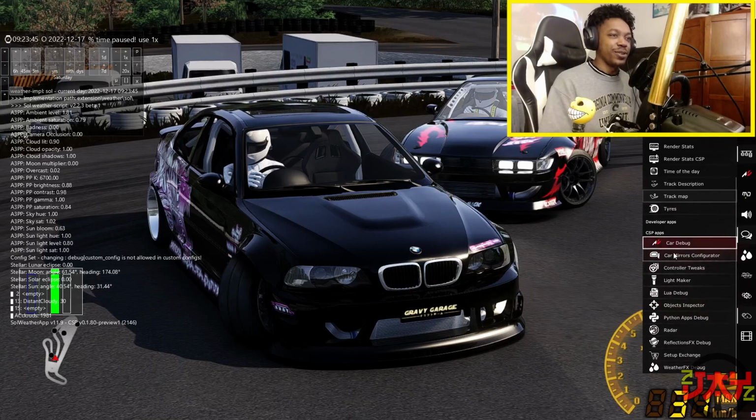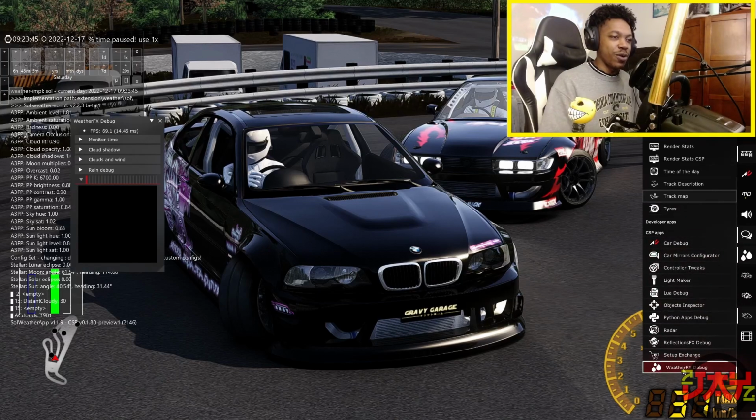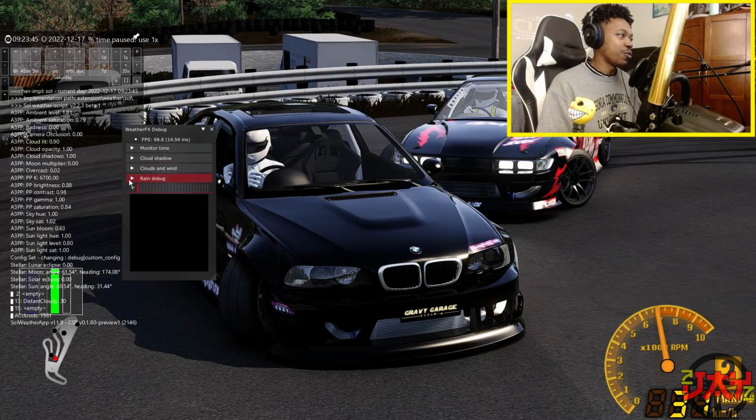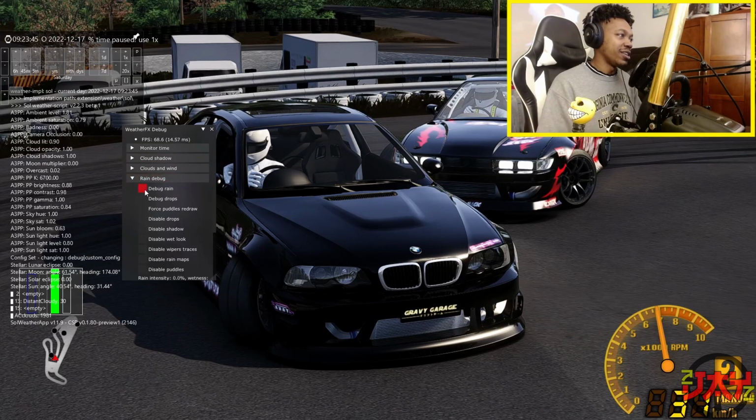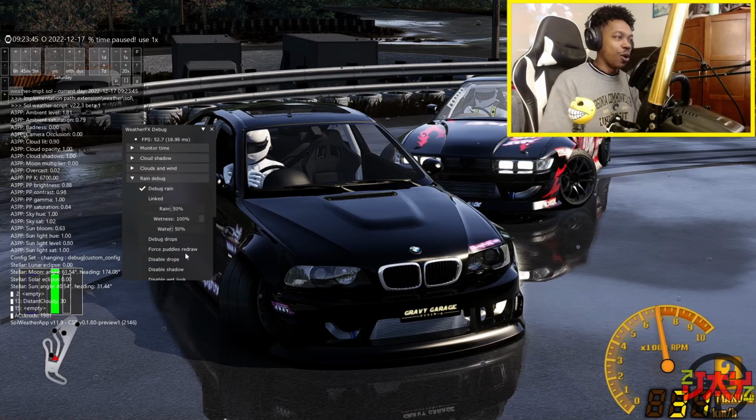So you're going to go down here to where you see the debugs. We're going to go down here, it says weather effects. Let's drop that down. You see rain debug right here, should be the 4th one down. Drop that down, you'll see debug rain. Look at that, instantly water on the ground